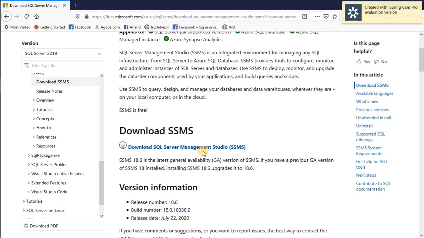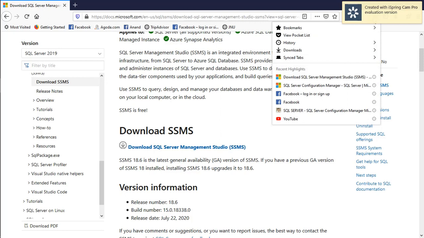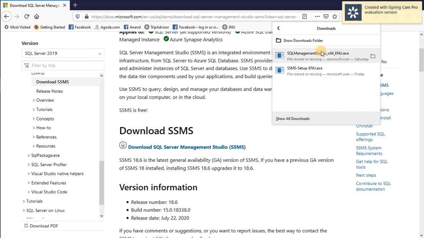You can see the blue color link, download SQL Server Management Studio. Just click on it and the setup file will get downloaded. I have already downloaded this for demonstration purposes, so I'll not download it again.